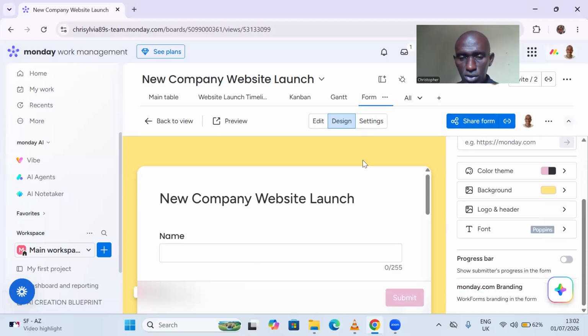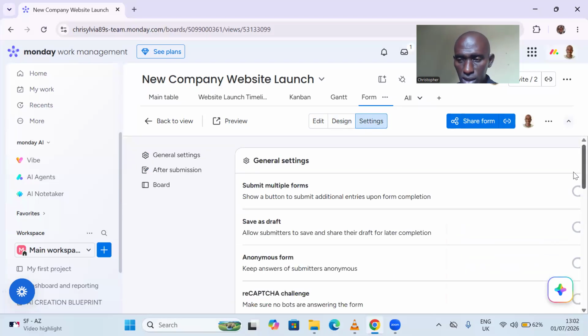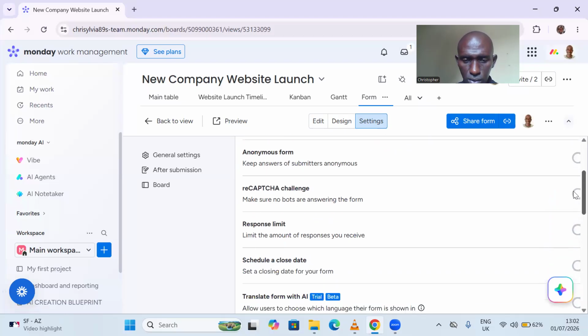So that's it. If you're through with this, you can easily go to the settings. There are settings you want to check out before you send the form for your people to fill. If you want a submission of multiple forms, you can do that. Save as draft, anonymous form,